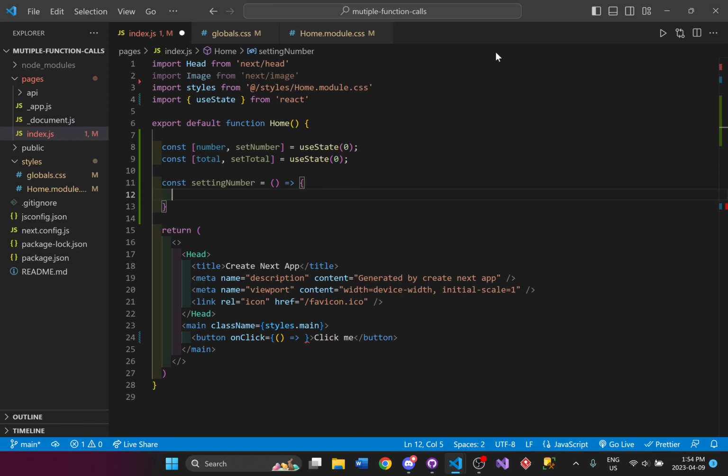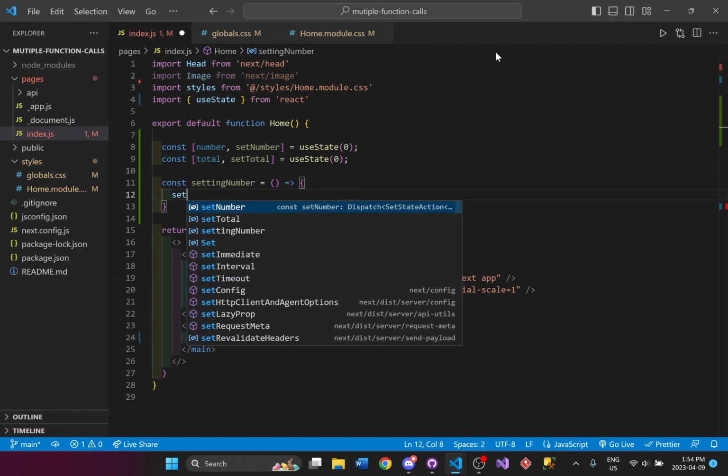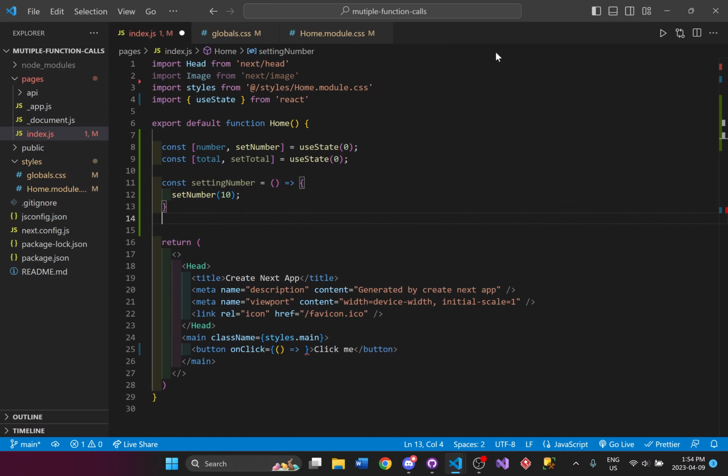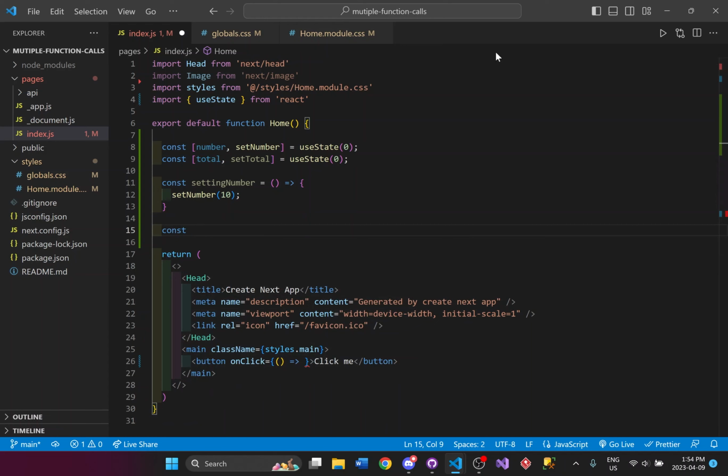And whenever setting number is called, I will call the set number and just always give it the value of 10.